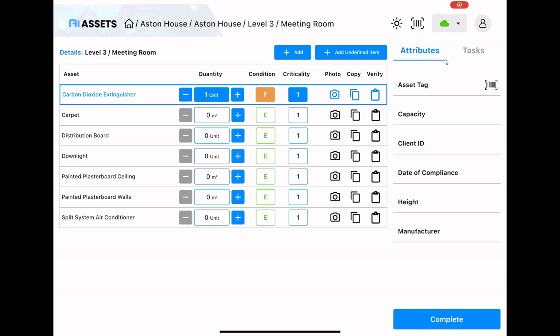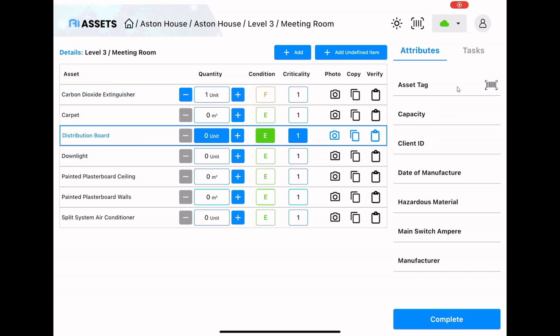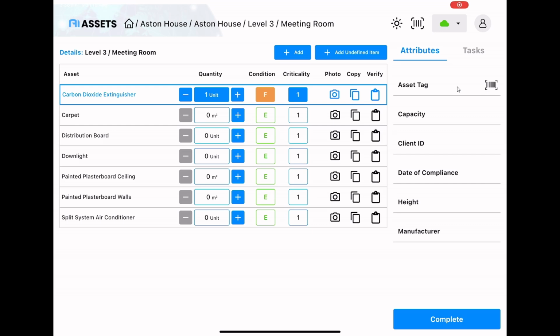And then over on the right hand side, you'll see there's 2 tabs, attributes and tasks. So this is where we can add all of the different attributes to an asset. As I click through each individual asset, you'll see these attributes change. The same for the tasks. They're specific to the type of asset we're looking at. So the first one there is the asset tag